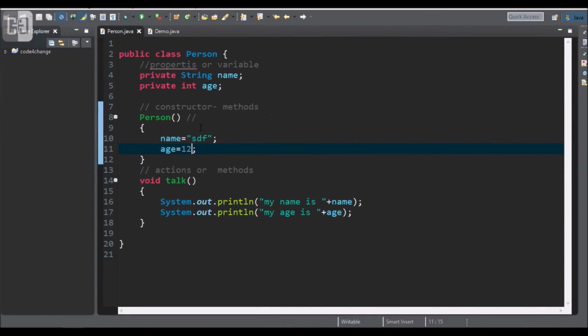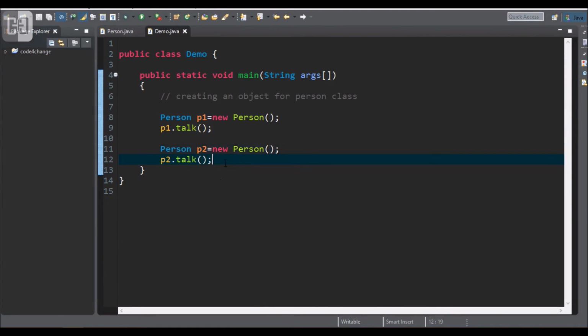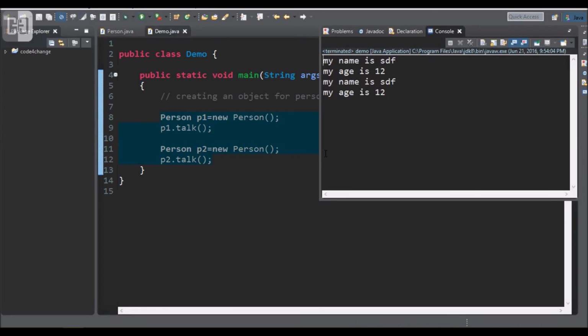Okay, so this is a default constructor, and why we are using this default constructor is if we want to assign the same data to the different objects, then we are going to use this default constructor. So see here, name and age are variables. We are going to assign the same data, that is SDF and 12. Here also SDF and 12.